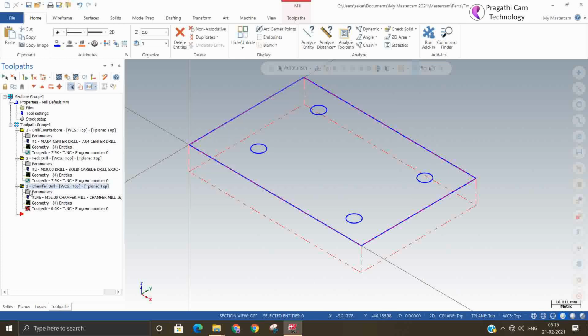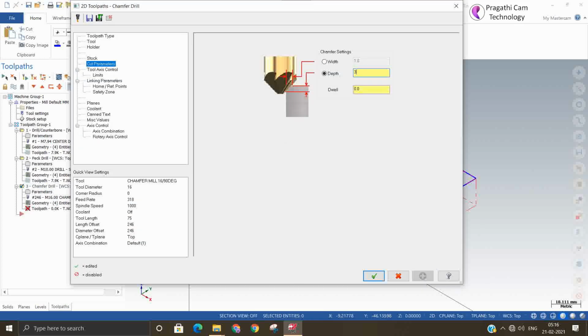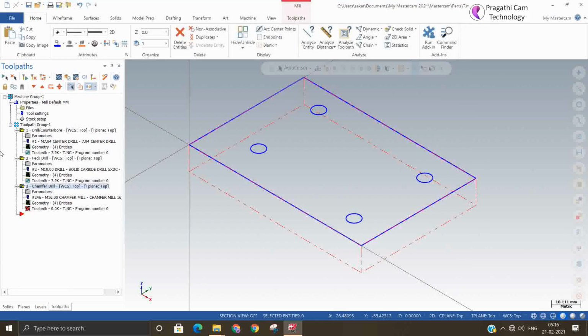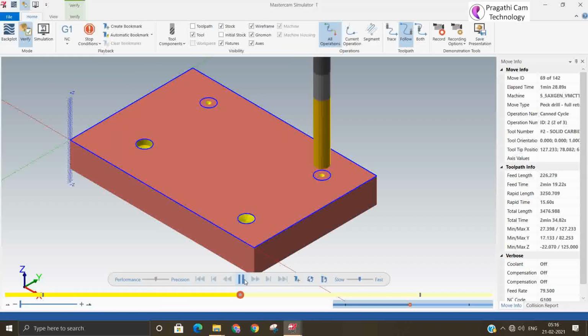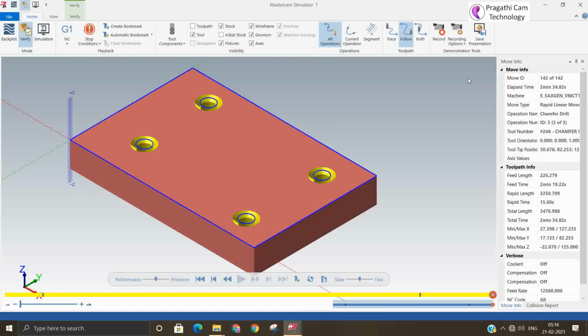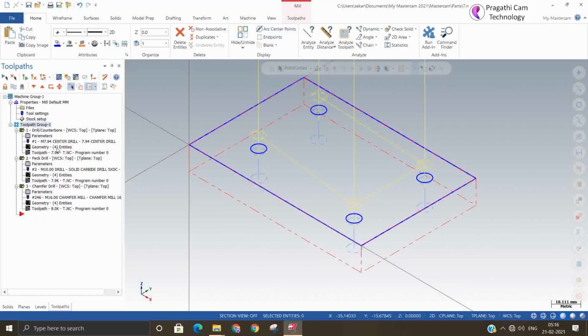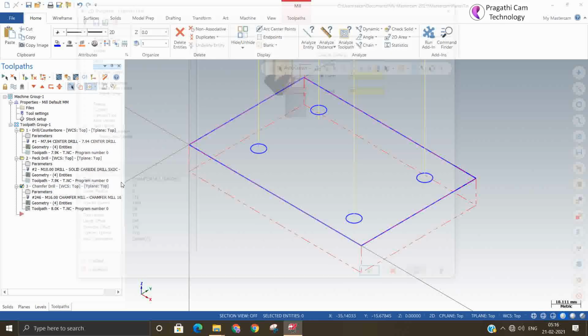Now this will give continuous changes and help in understanding the behavior of the particular tool path. Okay, it is accepting up to 3 depth. So you can take a bigger tool also, bigger size tool. If you want, you can check it and see how it looks. You can see the chamfer, bigger one.